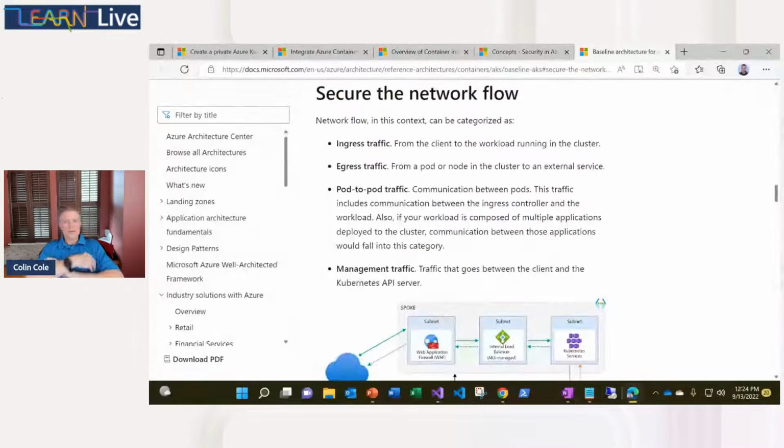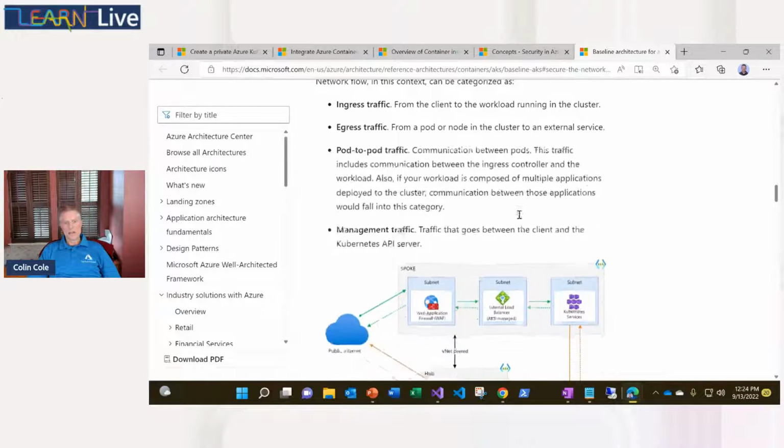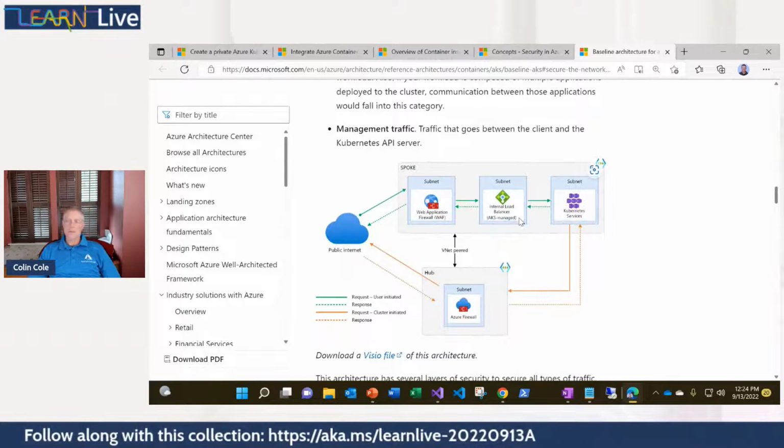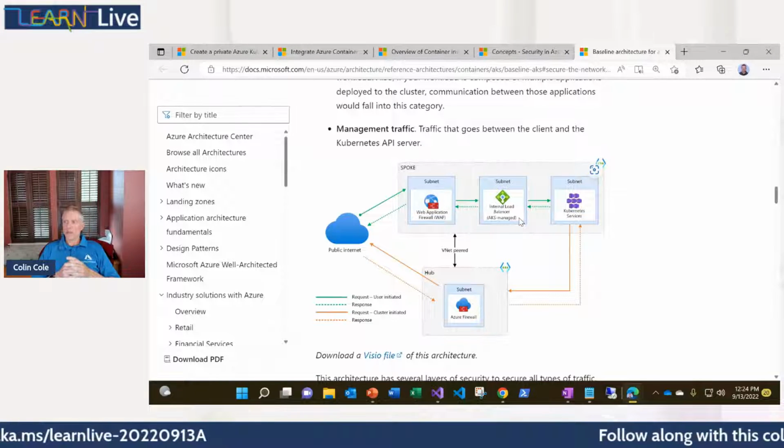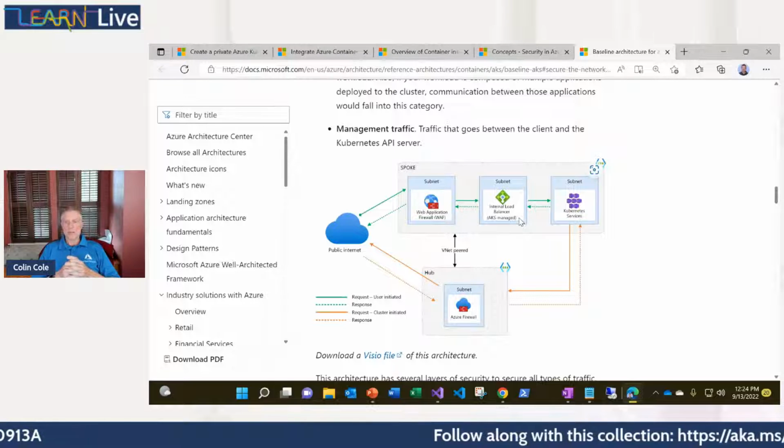You may put NSGs on the subnet for both inbound and outbound. Just note that you want to ensure that you do not block management traffic. More on that is here. We have this link in the collection, so you'll be able to see that. In addition, you can ensure that you're mapping to really the whole network flow. And we'll get into more of this as we go here. But essentially,